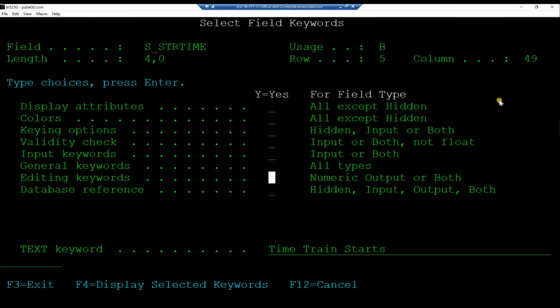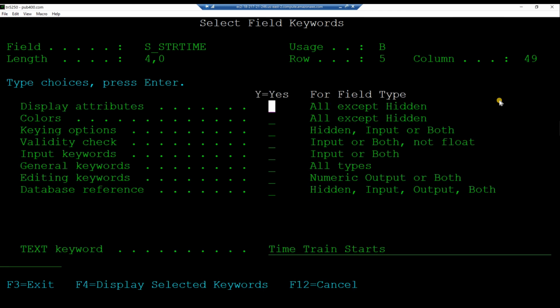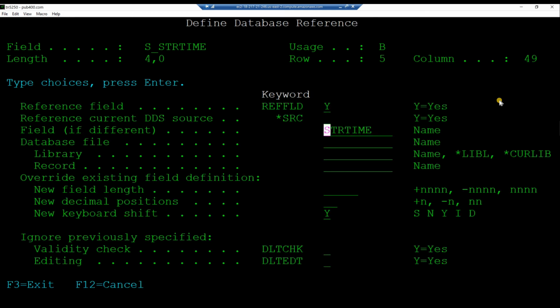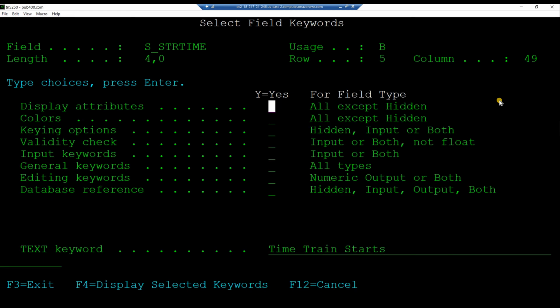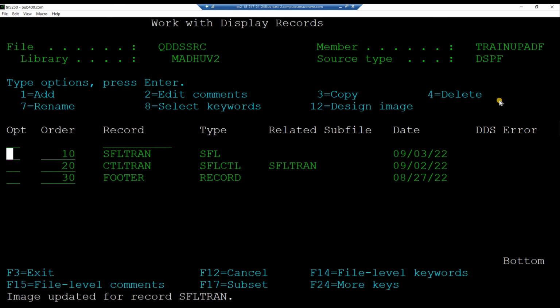Use arrow keys and come to edit keywords. Take a Y against edit keywords and hit enter. Note the edit word that we specified shows up here. F12 out of edit keywords. Move cursor to database reference and take a Y. Hit enter. Note that the reference field is STRTIME. F12 to return to previous screen, and F12 out of here, and F12 out of design image for the subfile